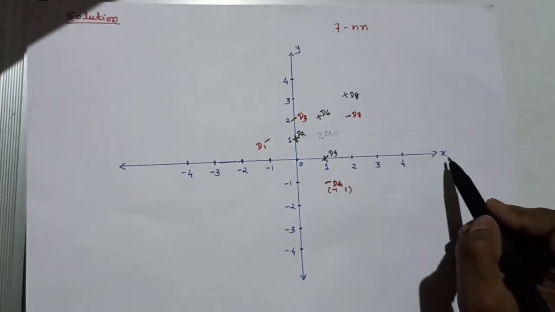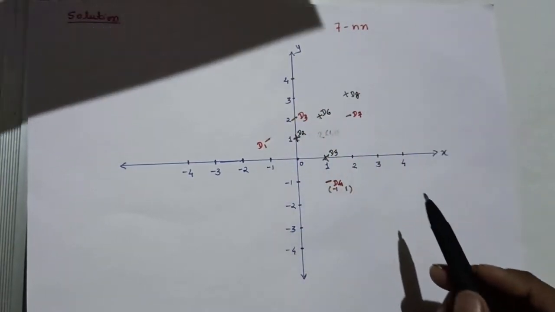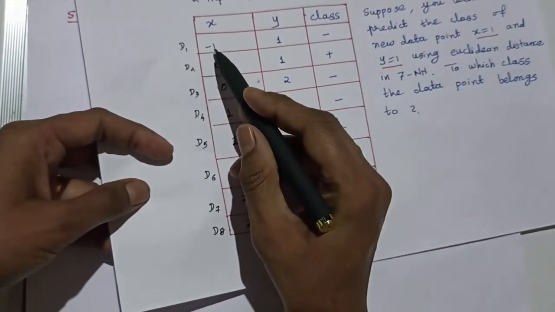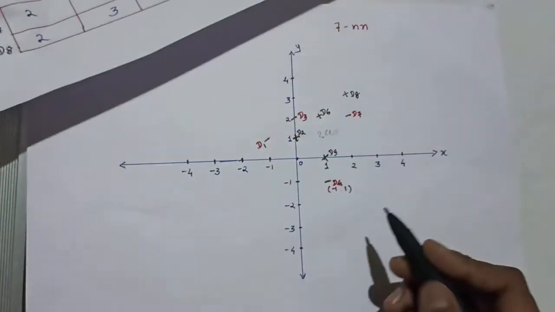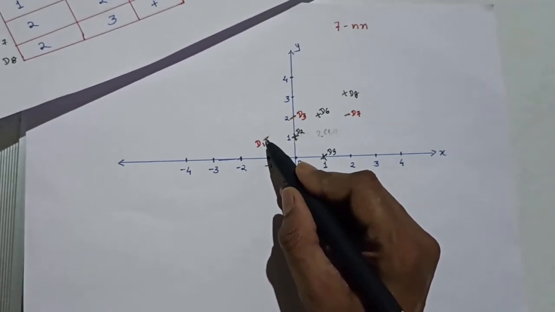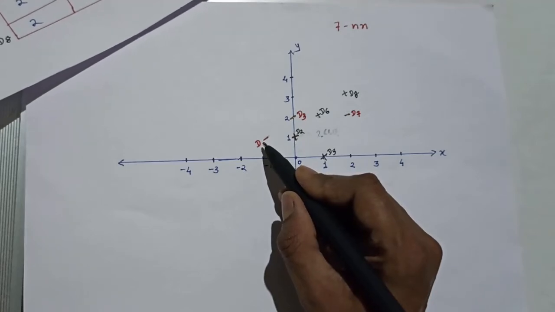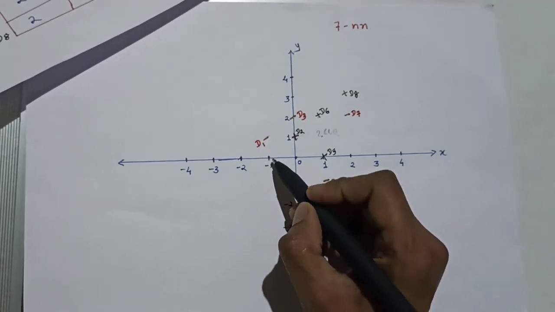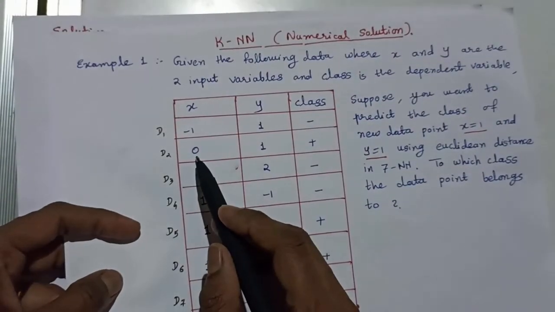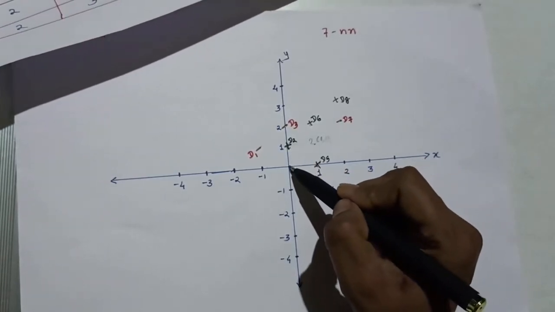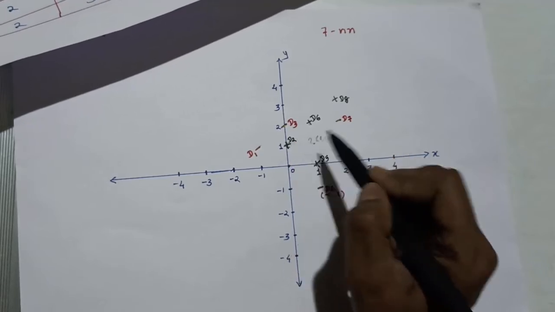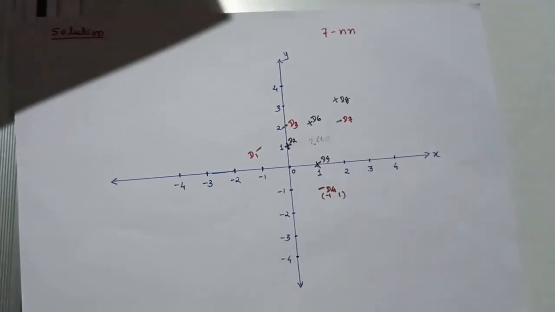Now we know that there are two input variables x and y. For these two input variables, we will start locating the data points D1 to D8. For D1, x is -1 and y is 1. So this is negative, and that's why it is marked with a red point, red color. So it is D1. Similarly, we have located all the next points, that is D2. It is x 0 and y 1. So for D2, x is 0 and y is 1, and it is a positive data point. So it is marked with this black pen. Similarly, we have located all the data points.